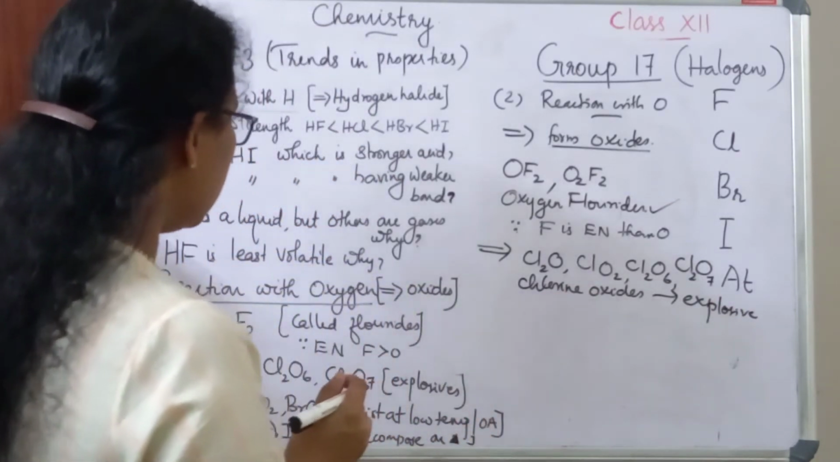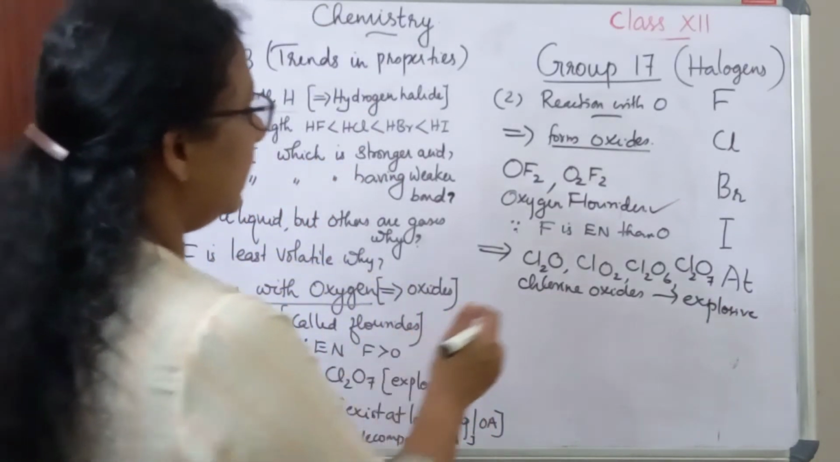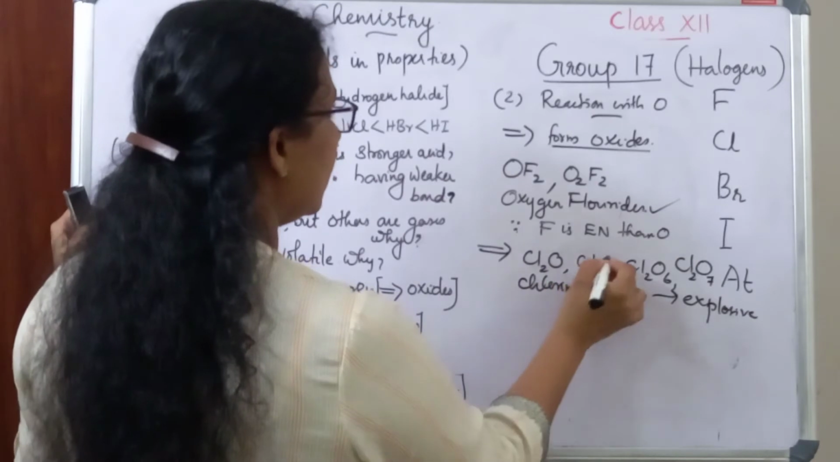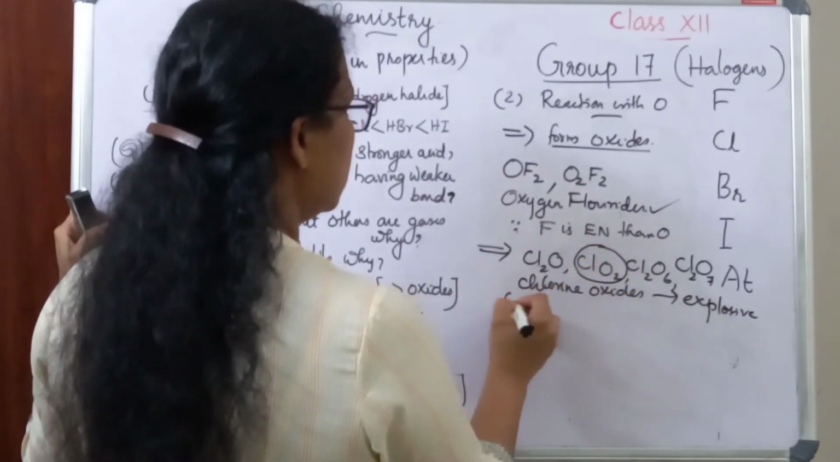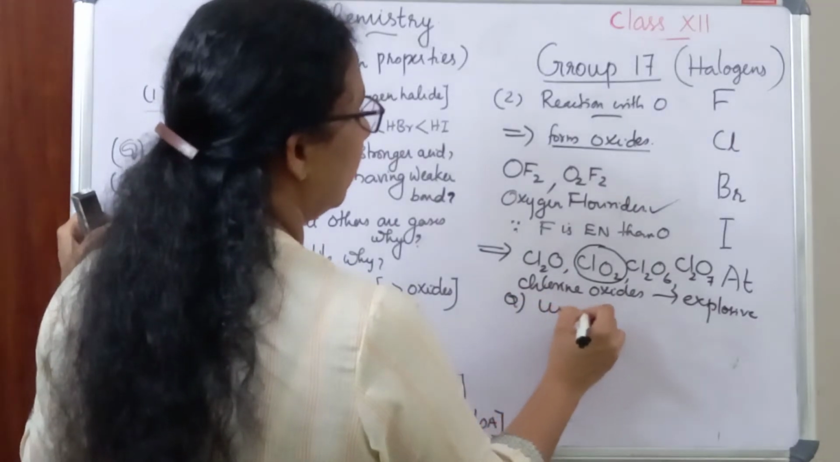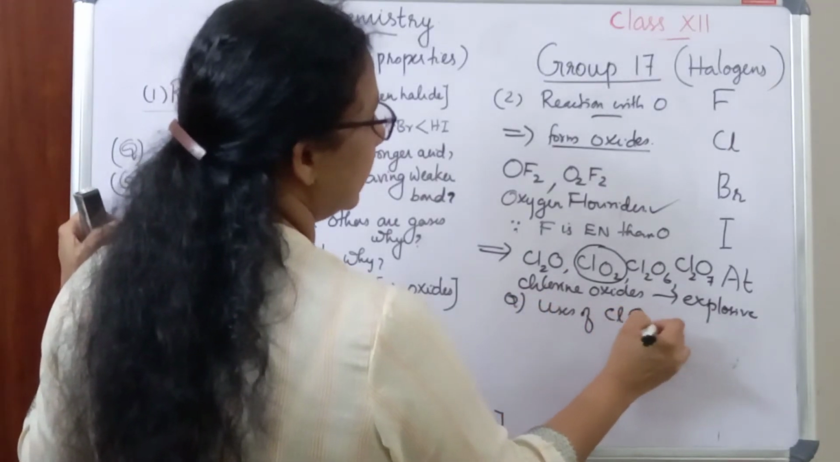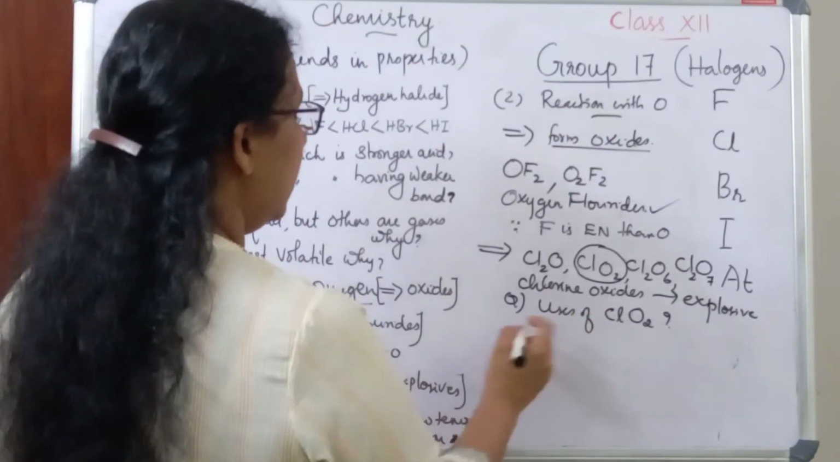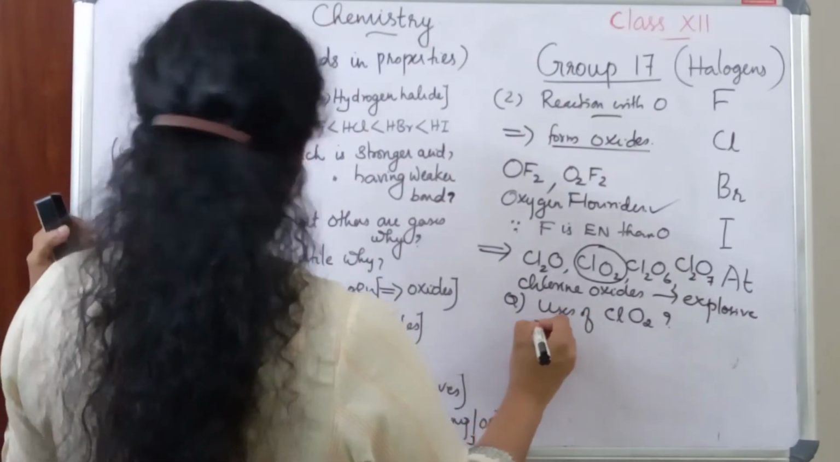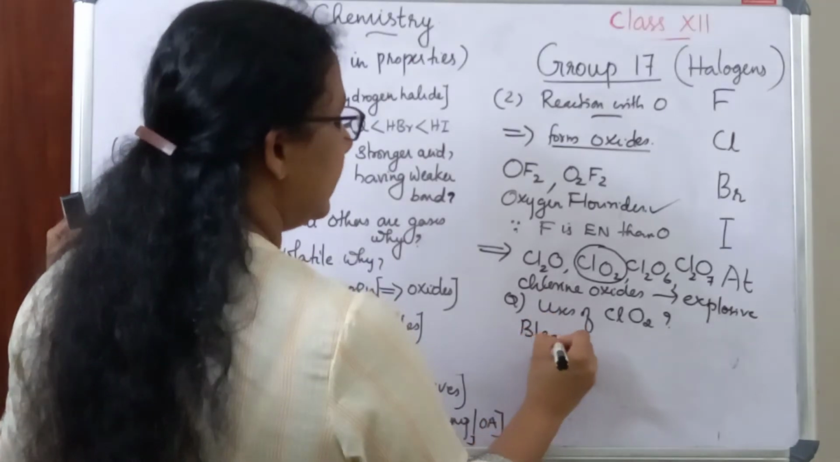So they are explosive in nature. Then here there is a question. What are the uses of ClO2? It's an important question. ClO2 is actually used as a bleaching agent